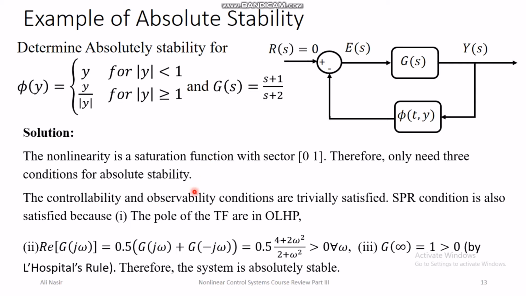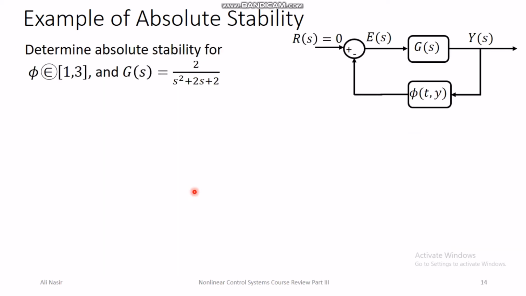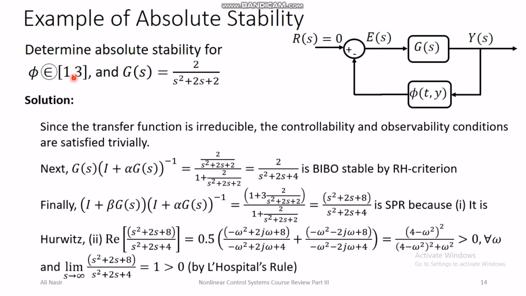All right, so we have to determine absolute stability for another example. We look at another example. We have this LTI system and the nonlinearity belongs to the sector 1 to 3, and since the transfer function is irreducible, the controllability observability conditions are satisfied trivially. And the next is that g of s into 1 plus